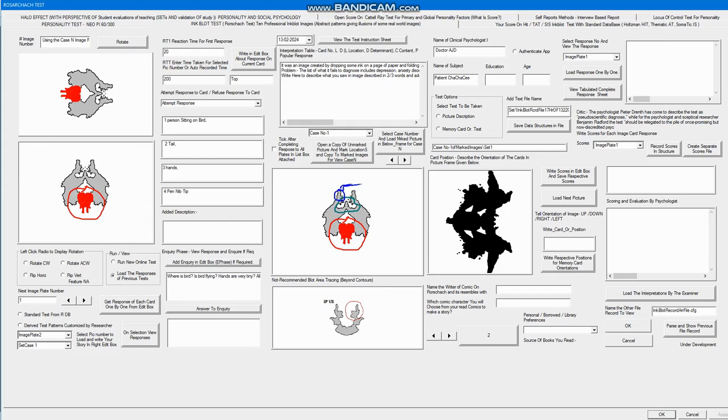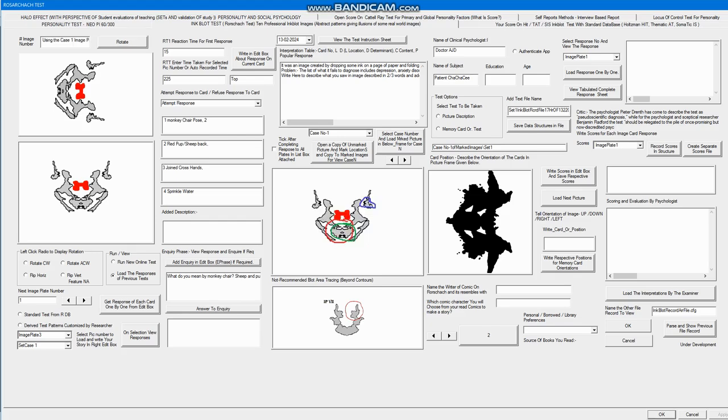After the test completion, we will see some examples of the scores which have already been prepared using the scoring guidelines. And at the end we will see the